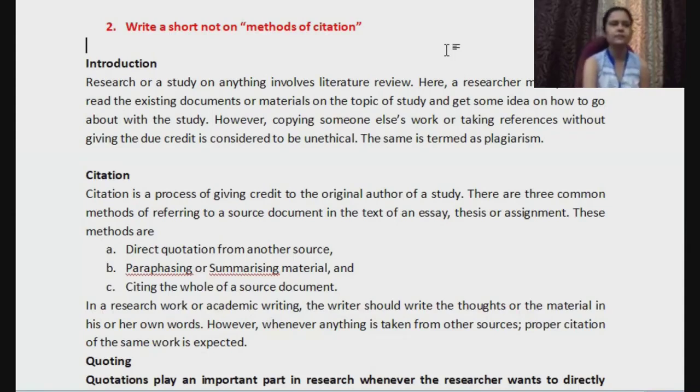Okay, fine. So see, when you are doing a study, writing an assignment, doing research or something, you do not write everything on your own, right? You take help from someone else's work. Maybe it's a textbook, maybe it's some internet source that you are taking help from. Basically, you take help from different sources.